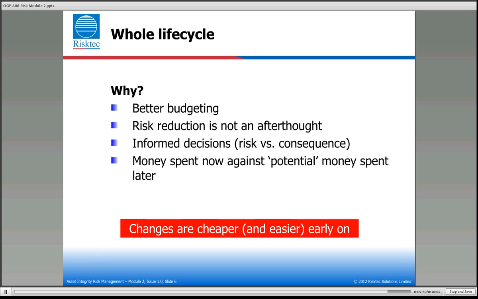So the sooner we understand the risks that we're getting into, the sooner we understand the magnitude of the problem we're getting into, the better we're able to predict how we need to go for the future. What's very important to me is that, again, we're back to making informed decisions. We're making a decision that's based around our ability to technically handle a project, commercially handle a project, can we actually make money out of it, but also that we include risk management as part of that, that risk and asset integrity is